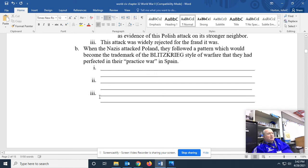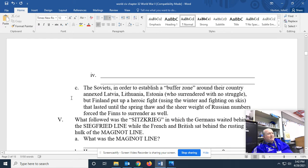Third punch, you paralyzed your enemy. How? The Nazis flew people in and either blew up or took control of all bridges, all points of railroad exchanges, all important intersections. And so now the country was paralyzed. And finally, the fourth wave, the mop up. The Wehrmacht, the army, came in, as long as they came in fast, and soldiers even rode bicycles, and mopped